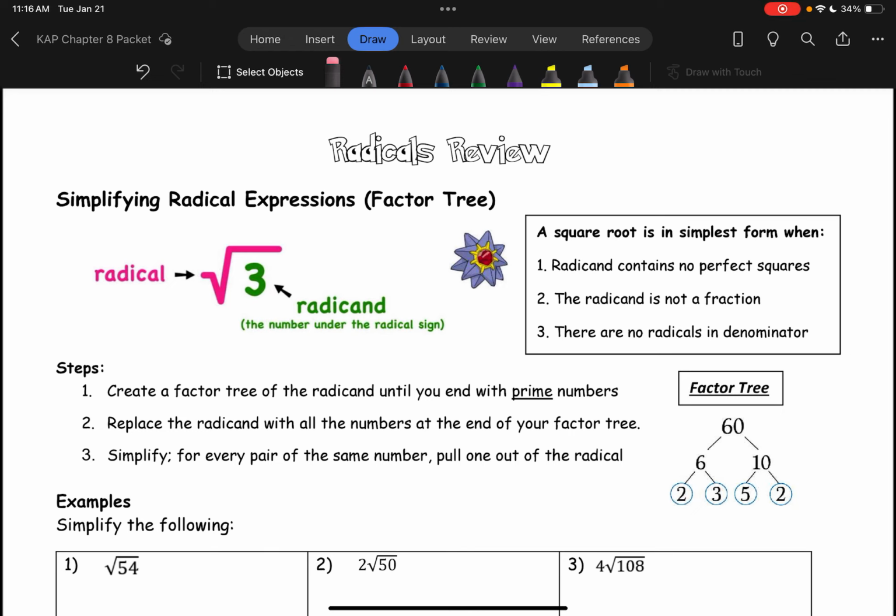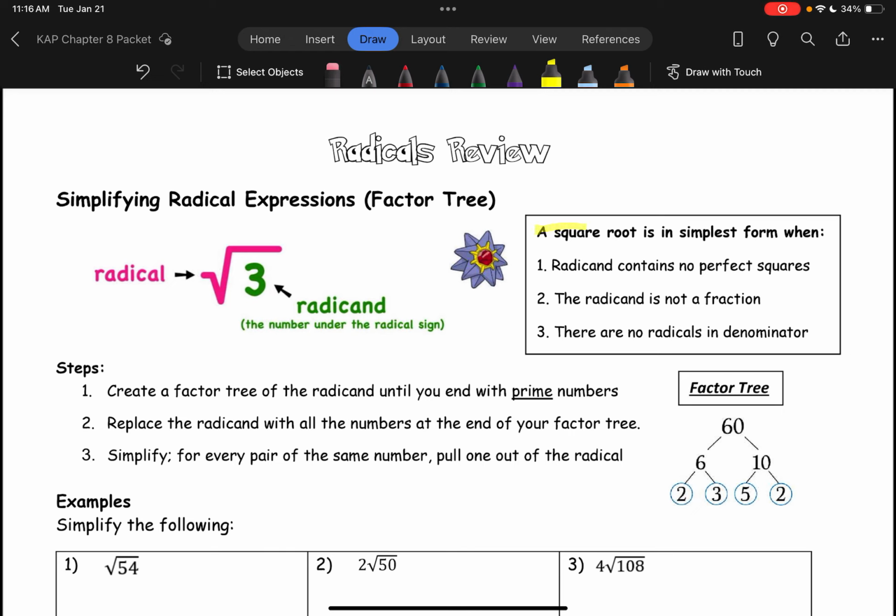If you look at the top left of your screen where you see that square root of 3, we want to make sure that we understand what that pink symbol means. That pink symbol is called a radical. The green number, which is the number under the radical sign, we call that a radicand. And so we want to make sure that we understand what it means for a square root to be in